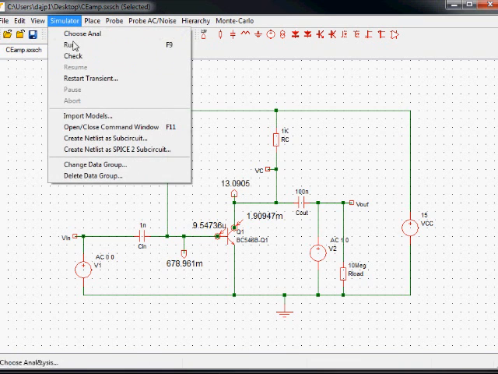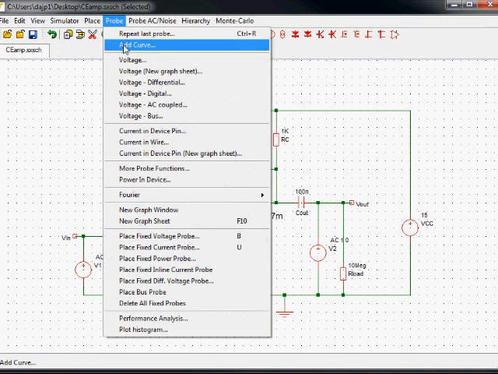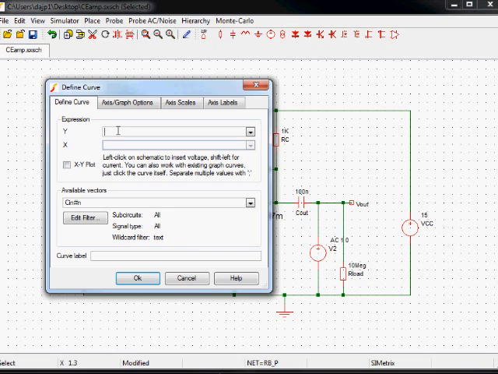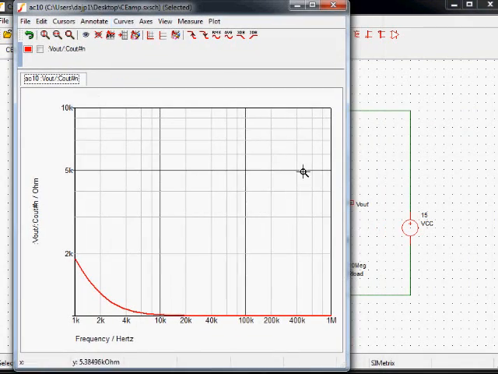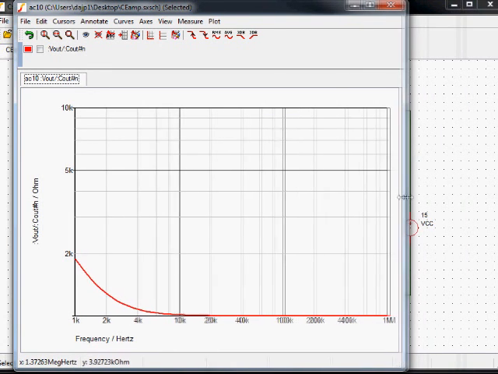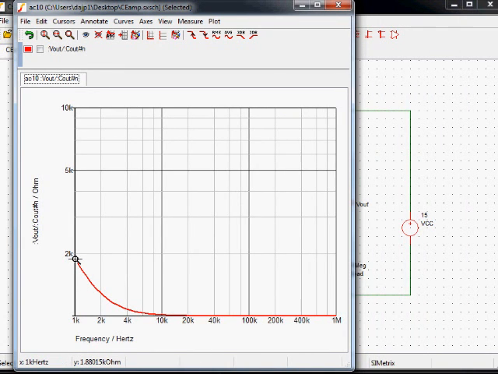Then we run the simulator, and this time put a probe to measure the output voltage, Vout, divided by the current through Cout, which is Cout#P, and again it doesn't matter if you use N or P, I'll use P here. And that gives me this curve. As you see, the output impedance starts quite high-ish, around 1.8 kiloohms, and decreases with increasing frequency, and at high frequencies here it settles to just over